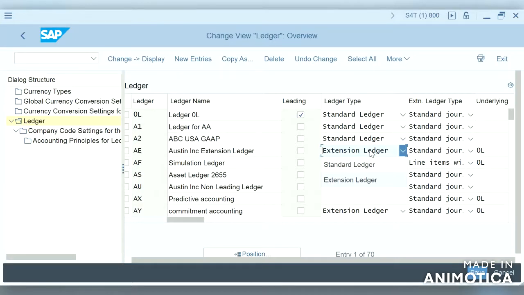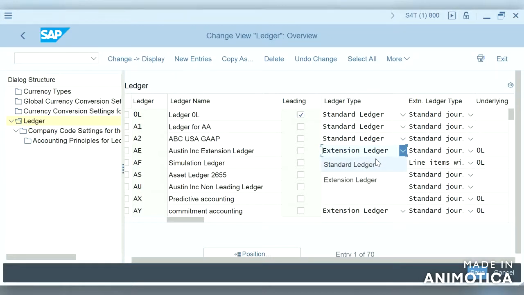There are two types of ledgers in S/4HANA: standard ledger and extension ledger.